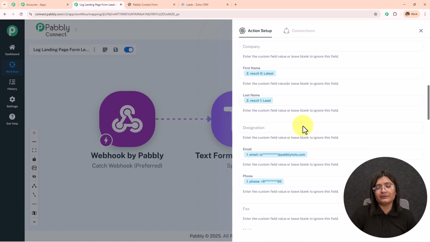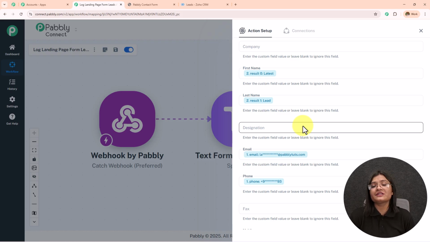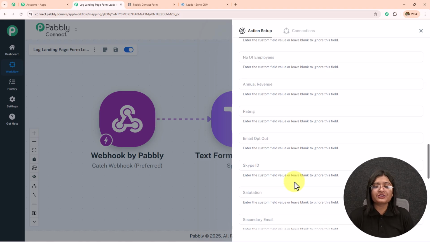Now over here, mapping is important so that every time you receive a new response, it is taken into consideration in this field. Manually entering the data will make this field static, and the information will not change even when you receive a new response. Over here, if I manually enter any detail, this field will become static, and every time I receive a new response, the result will not change. So to keep this field dynamic, we use this mapping process instead of manually entering the details. After entering all these details, I'm